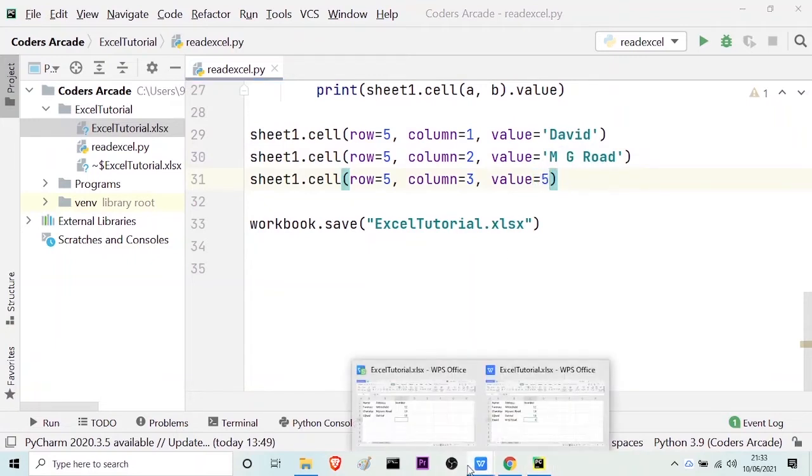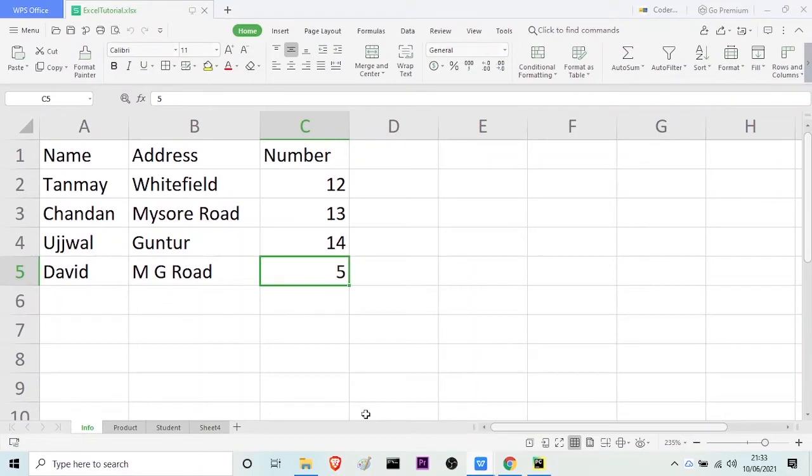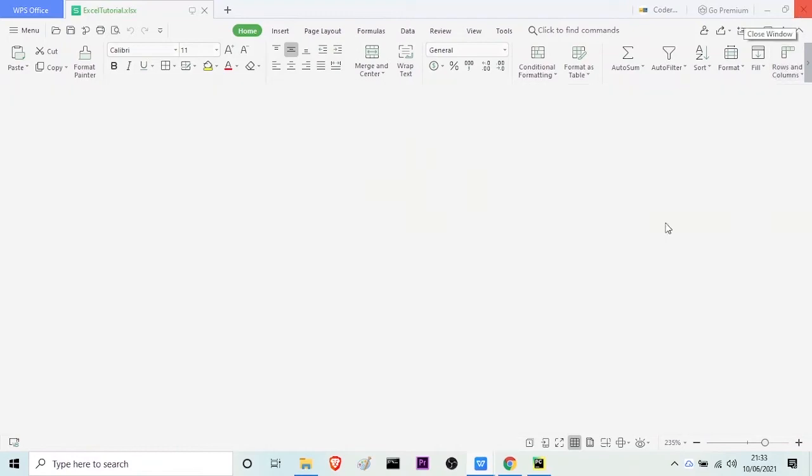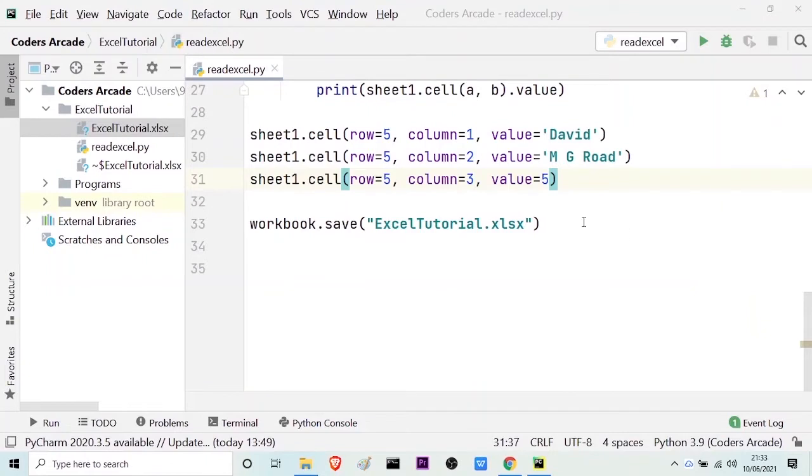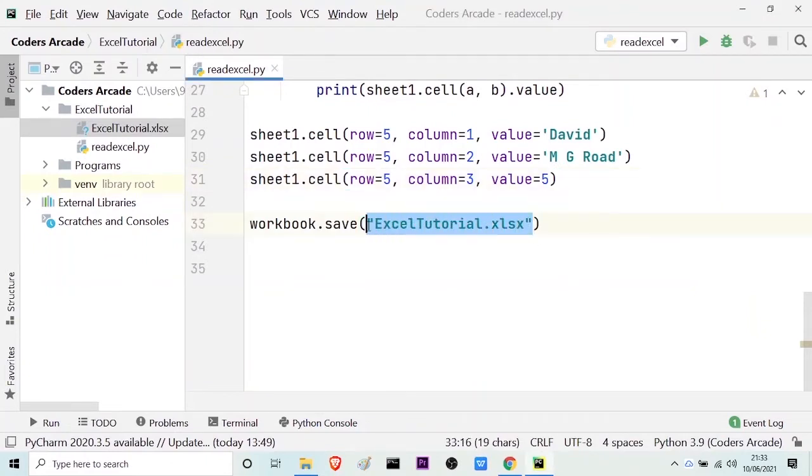So here you can check. So this is the one, yeah, David, MG Road, and 5. So let me just close it, and let me close the earlier one as well. So now if you want to create a new Excel file and save it, what you need to do is, you can do it by giving the name, say updated file.xlsx, and now if I run this,